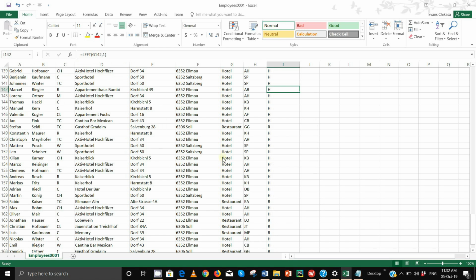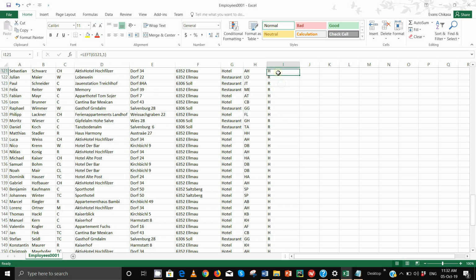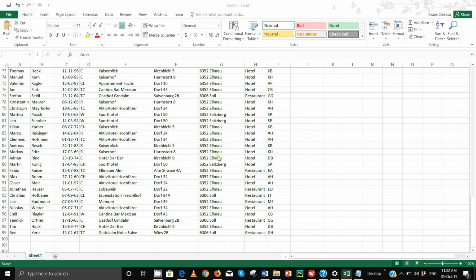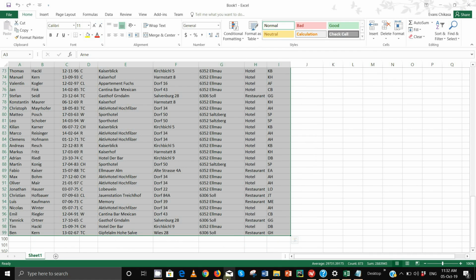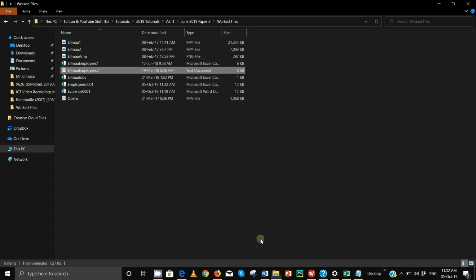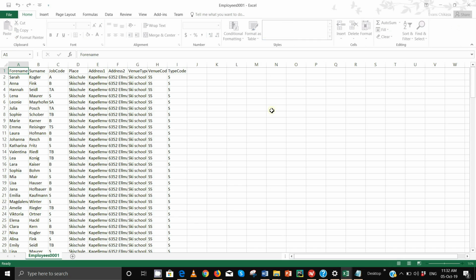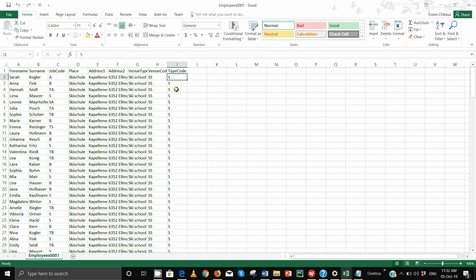Okay, so notice we still have the names here. You may think your formula is there, but the moment you close this file, save it, yes, and then come back and open the same file, and let's try to go to the column. Notice that type code now